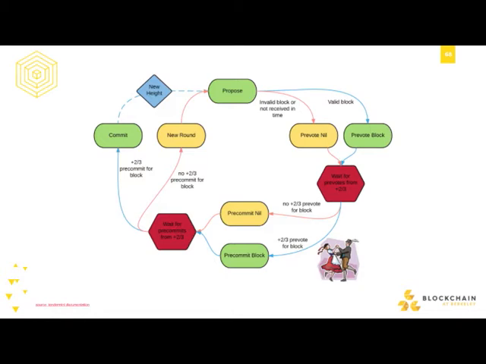So the protocol for the proposer is, they call it a round-robin deterministic system. But basically, there's a set of validators, and each one has some amount of bonded tokens. And the proposer is just selected in round-robin style from all of the validators in such a way that it's proportional to how much of the bonded tokens you have. So if you have 1% of the bonded tokens, you get to be the proposer 1% of the time. And the way they do that is a surprisingly simple algorithm.